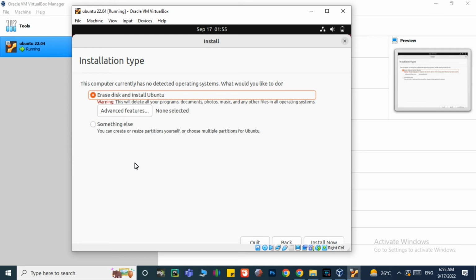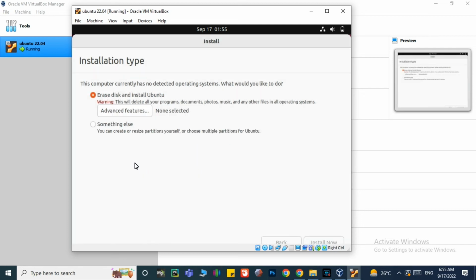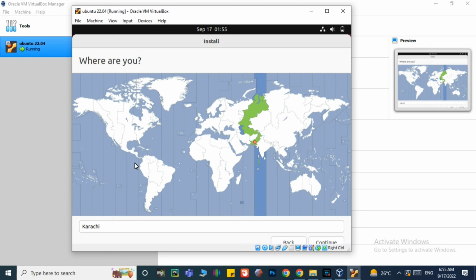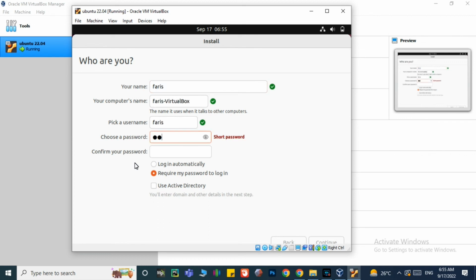Here click on this erase disk. It will not erase your Windows, but it is VirtualBox, so check it, install now. And this is giving my direct location. Click on next, continue. Here you will write the virtual device name, give your password, click on continue,